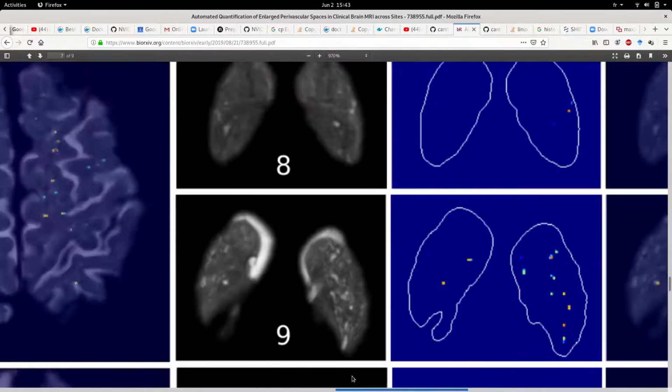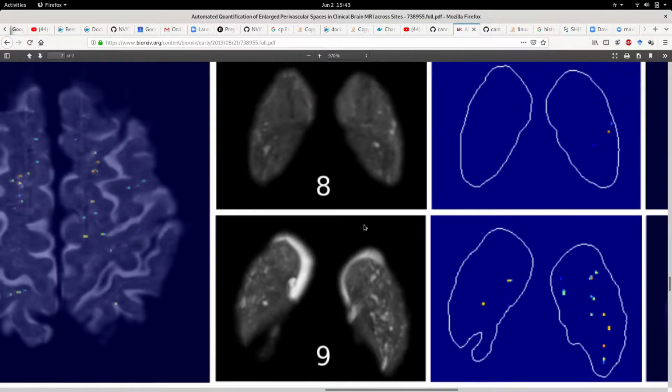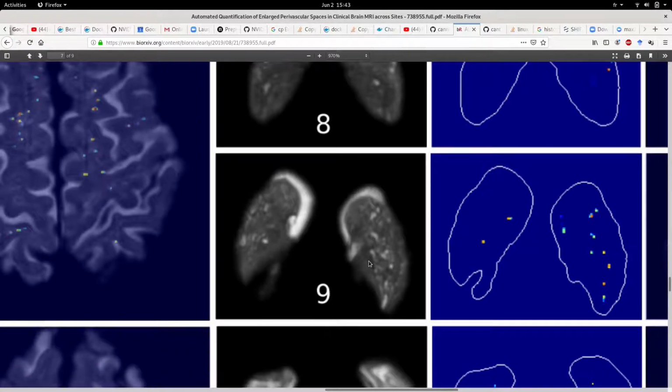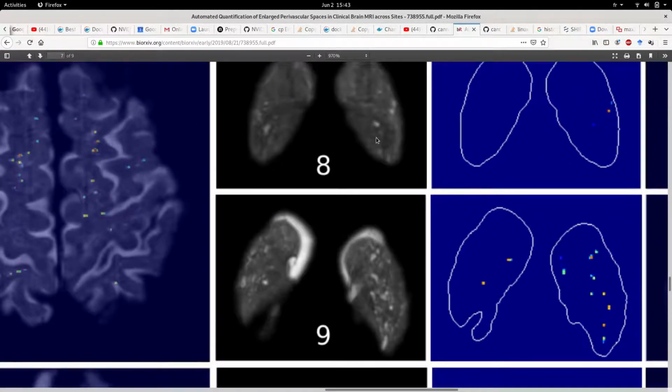Yeah, and in this example, okay, the basal ganglia, this is a little bit tricky. So here 8, because it's 1, 2, 3, 4, 5, 6, 7, something like this. And here 9, but here you see there are many more perivascular spaces than here. So you should have at least more, maybe it could have been more than 9. But it was 1, 2, 3, 4, 5, 6, 7, 8, 9, 10. I think I would count a bit more than 9 in this one, maybe 12 or so. So this is a little bit of a low estimation.